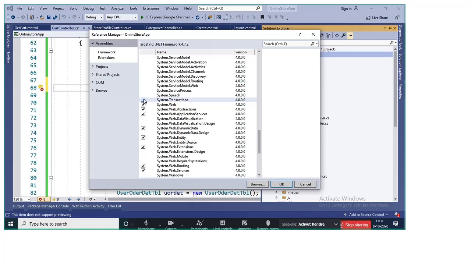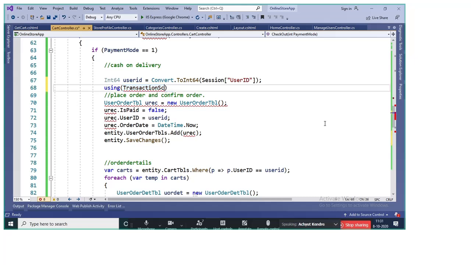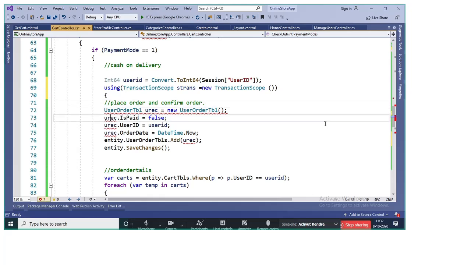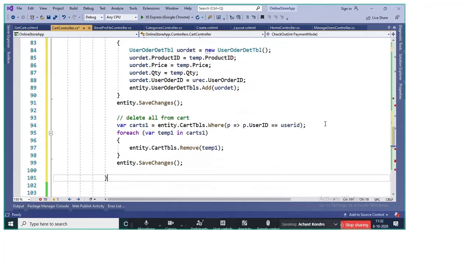Here we'll add a reference to System.Transactions. This assembly we need for transactions. Then we'll use a using block, and in the using block we'll say TransactionScope, and for this we need the System.Transactions namespace. We'll say trans equal to new TransactionScope,